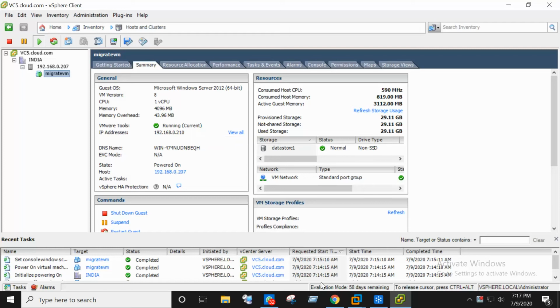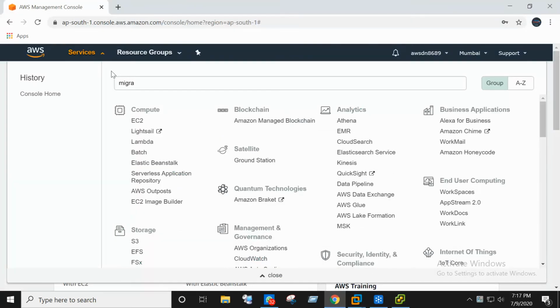So now the concept is I want to migrate the on-premises VM to AWS, to an EC2 instance. EC2 service is a compute managed service, and in that area I want to migrate.